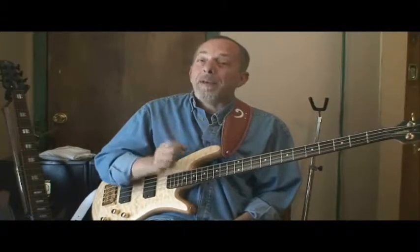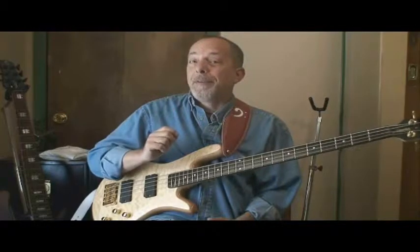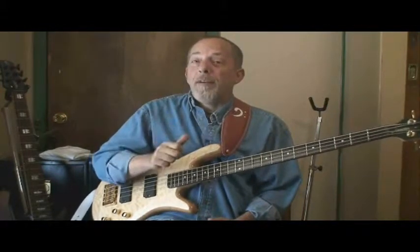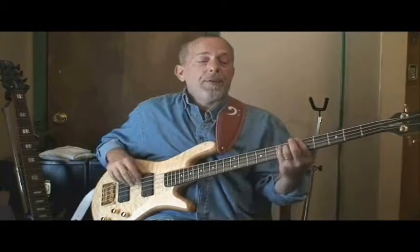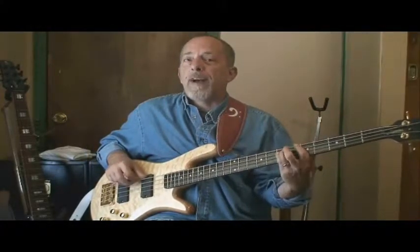Crosstown can actually work a couple of different ways, but the main way is you're going to start going up and go back down. That's cross. And so we're going to use the 1, the 5, the 7, and back to the 5. 1, 2, 3, and 1, 5, 7, 5, 1, 5, 7,